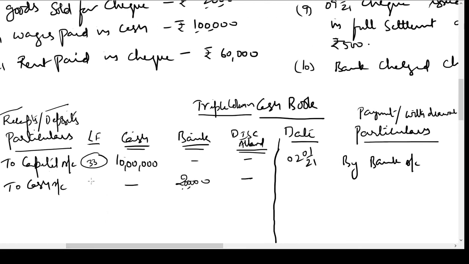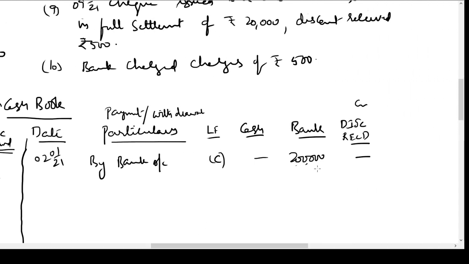Why do we write C here? We are saying that the debit and the credit postings are completed within the same book, in this book only. That is why we are writing the letter C here. What we are saying here is the contra posting is not there in some other ledger account, it is there on the opposite side. So we can see here the opposite posting is also completed here. I'm sorry, I think we have recorded it in the wrong column. It's a payment of cash, so I should have written it in the cash column. So I'll correct my mistake.